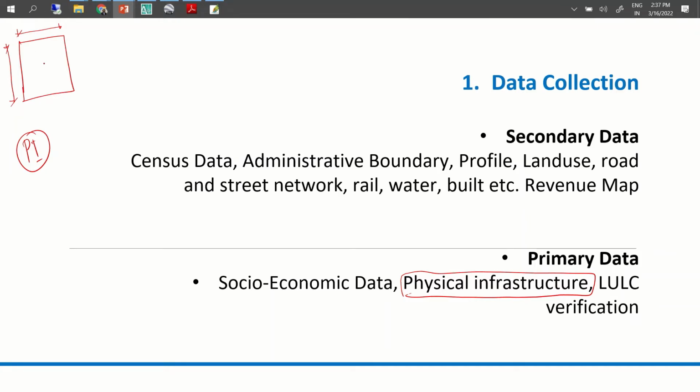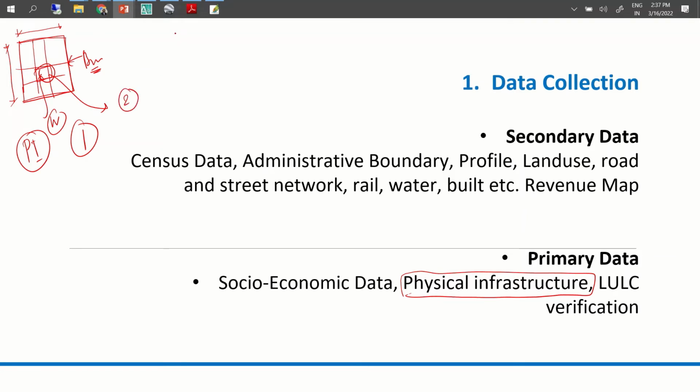How do we map the entire physical infrastructure? Mapping everything will be very difficult. That's why we need some zones. Okay, if you can narrow down and identify, okay, this is one of the zones that we are going to study, that zone can be detailed out in a more effective way, rather than taking the entire boundary area itself and mapping it. Okay, that's one general observation.